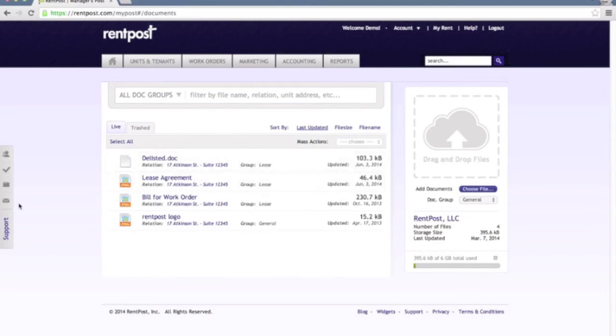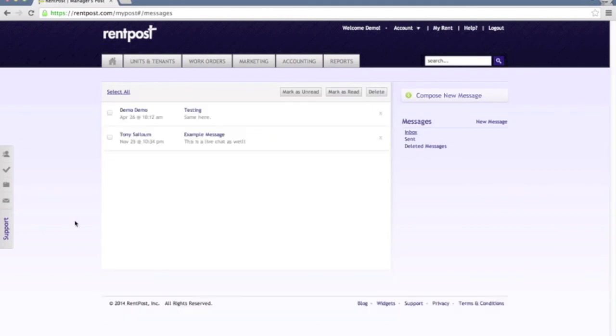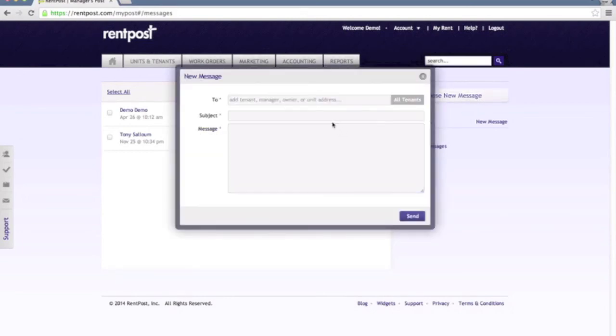Next up, we have the messages system. With messaging, you can send messages to anyone who has set up an online account, whether that's an owner or a tenant, a colleague within your own company, whatever it may be. To compose a new message, just click here. We can choose to send messages to each of the tenants by just looking up their names. A particular unit we can look up,